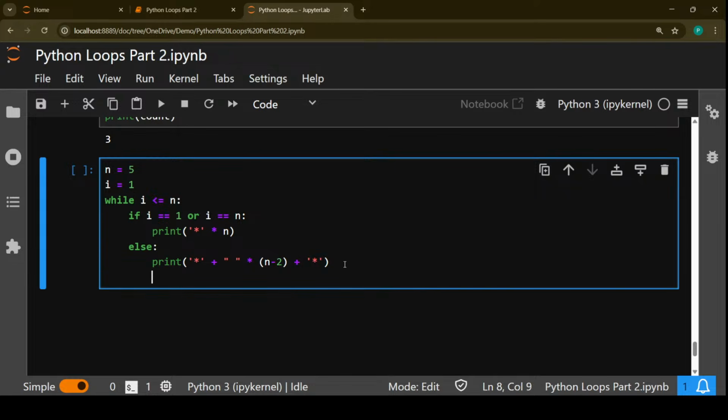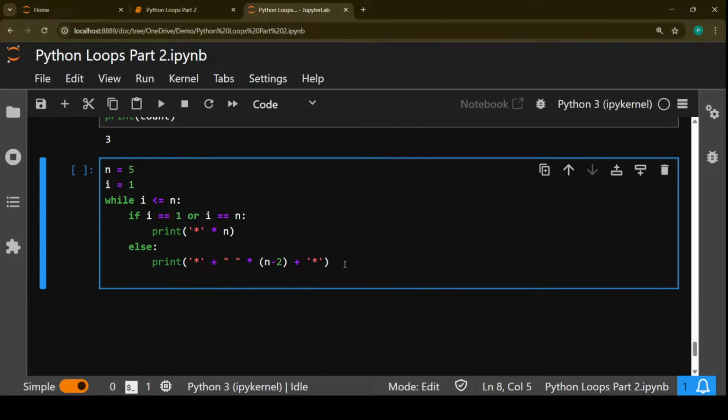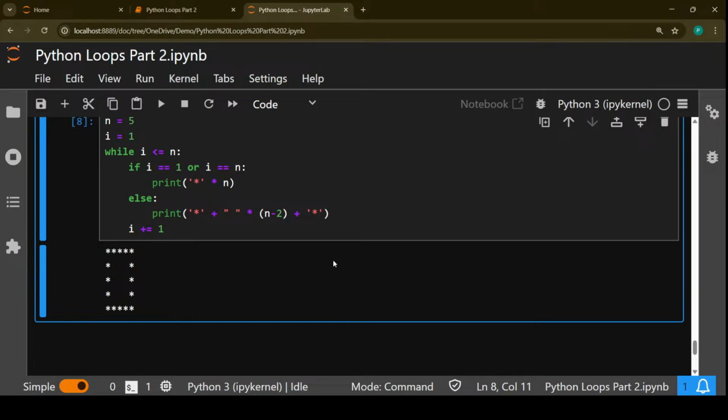Now we have to do what? Just increment: i plus equals 1. Okay, and you will get, I think,